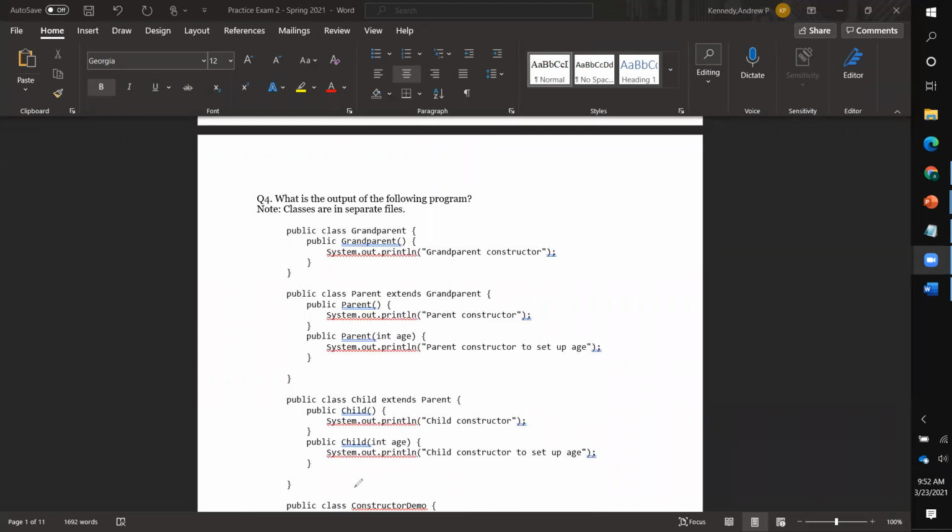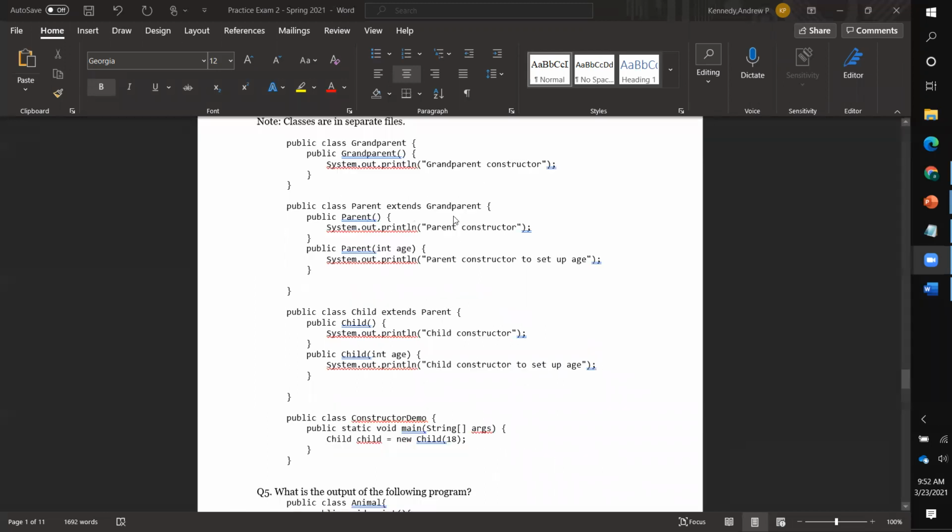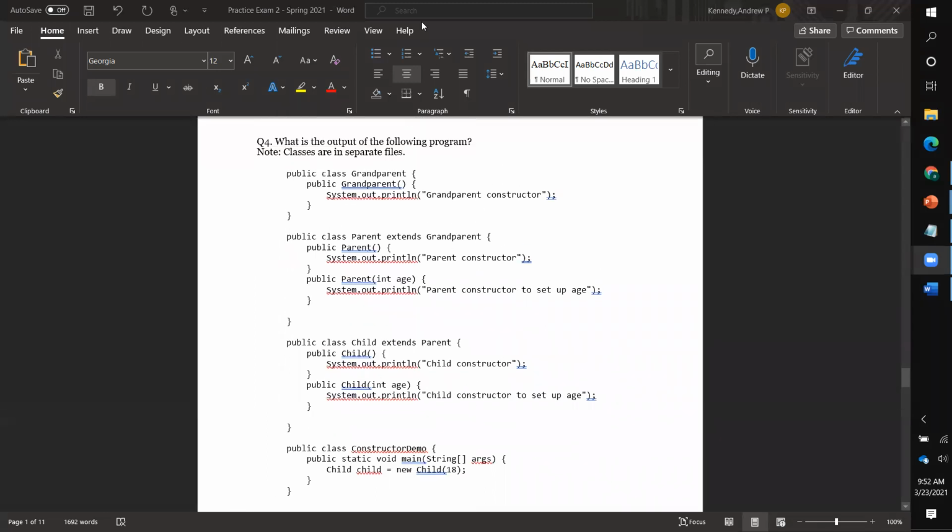Okay, so this one I think is interesting. If you haven't seen it before, then it's pretty hard, but otherwise, hopefully not too bad. So in this one, we say child equals new child. So we have to see what it's going to print, right? So let's actually just go through it together. So we make a child, right? And what's going to happen is